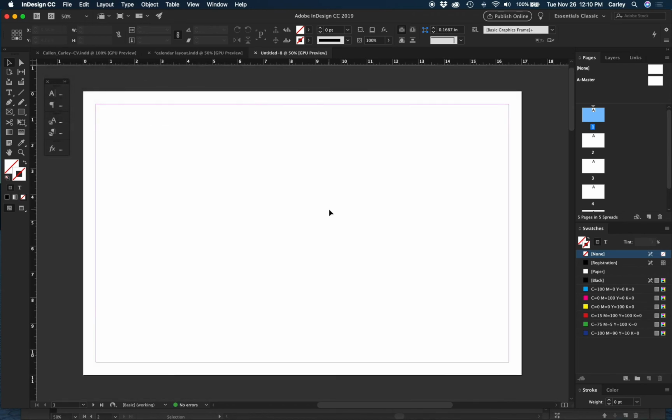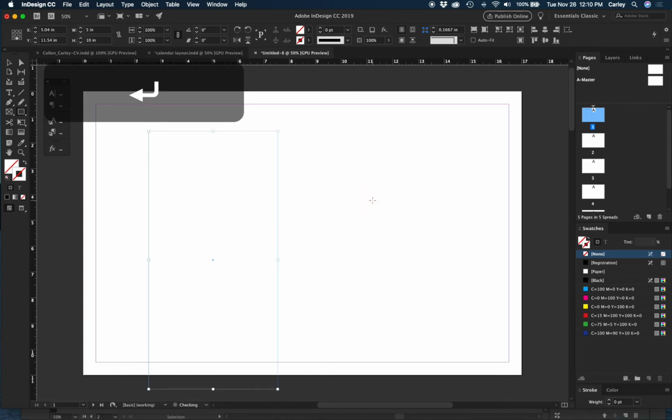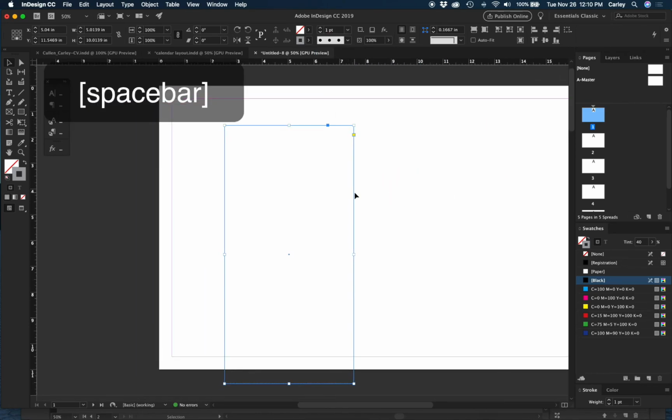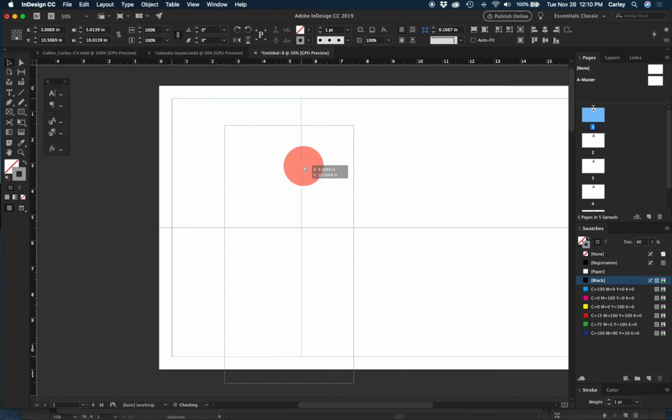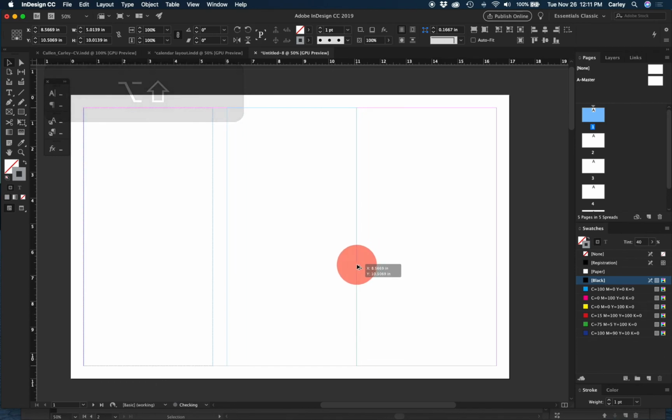So your paper size itself that we're going to be trimming these down to is 5 by 10. So I'll just go to the rectangle tool and make a 5 by 10 rectangle. Okay. And I'm going to change the stroke to a light gray. And I'm also going to change that stroke to just a dotted line, just so that it's not super in the way. So I'm going to line it up with this margin here, and I'll pull a second one and